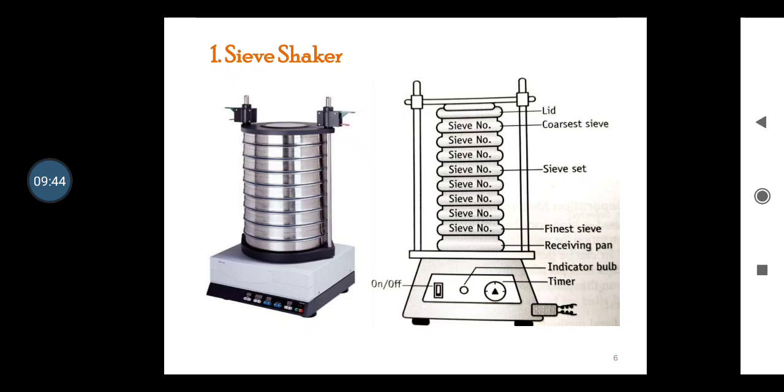As far as the working of this sieve shaker is concerned, sieves are arranged in a nest with the coarsest at the top, and a powder sample, you can take at least 50 gram of sample, is placed on the coarsest sieve. The sieve set is fixed to the mechanical shaker apparatus and shaken for a certain period of time. The time totally depends upon what type of material you have and what kind of objective you have set to start your operations at the lab level. And the powder retained on each sieve is weighed.